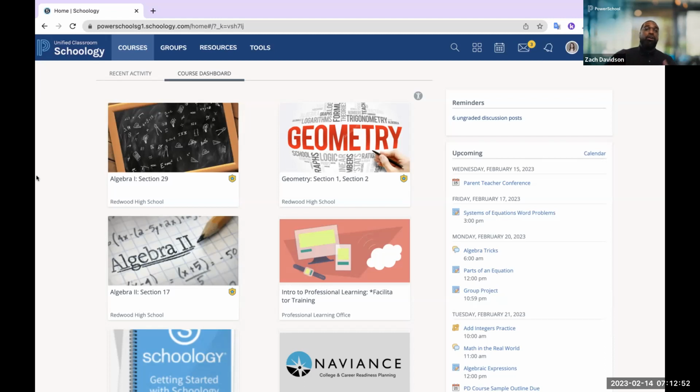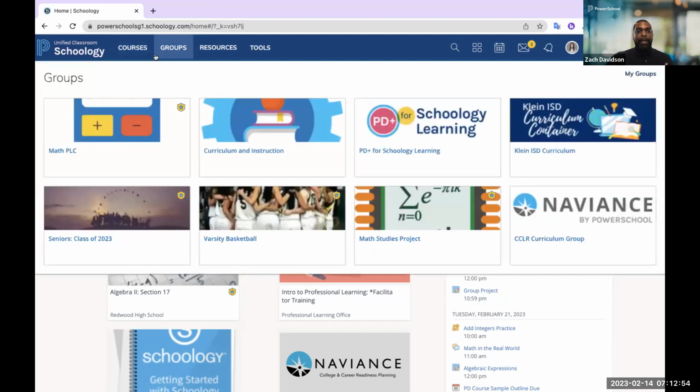And to that point, we also have a groups area. Now, you can think of your groups as anything that happens from an extracurricular standpoint within your school district. That could be student-led groups like the basketball team here, which Heather is a coach on, right? Or the music club, the drama club, things of that sort. Additionally, the groups can be focused around faculty. In this example, Heather is a part of the Math PLC.